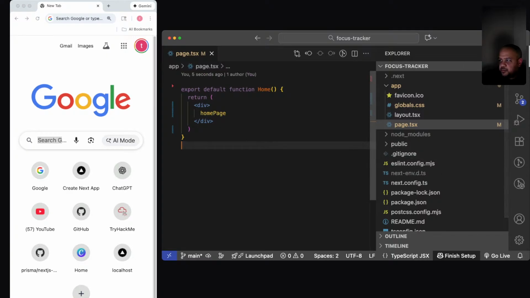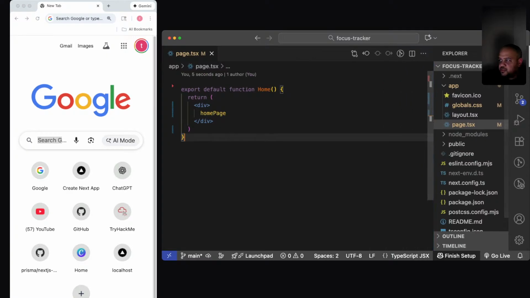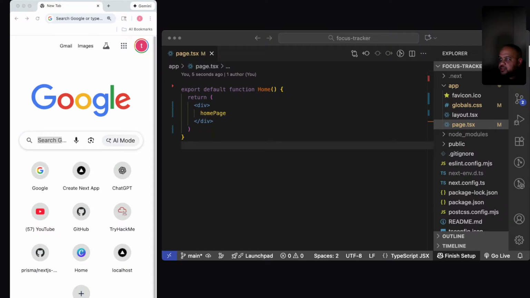Let's see if that makes it a little easier to see. Clean that up a little bit. Make sure it ain't too bad. And then let's go ahead and get this thing on the